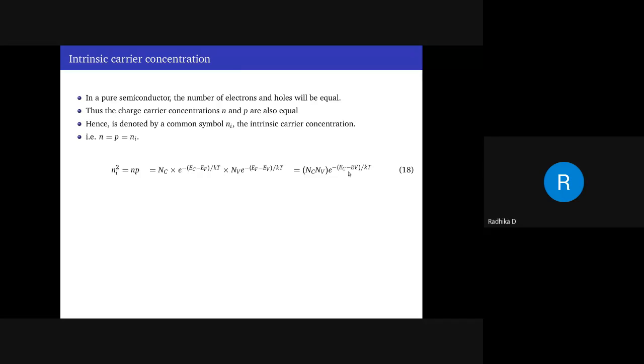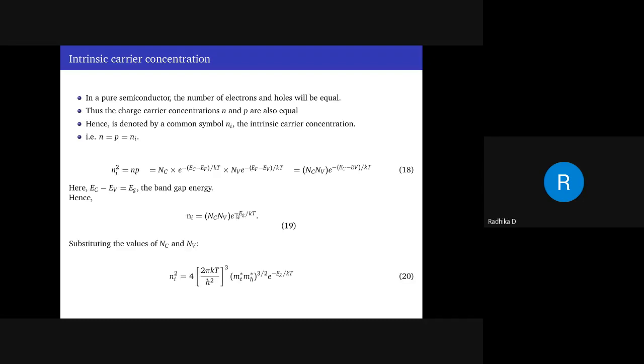Now another thing, Ec minus Ev is the band gap energy. That is the band gap energy, the difference between the bottom level of the conduction band and the upper level of the valence band. Or another way of saying, the difference between conduction band and valence band is band gap energy, Eg. Eg is the letter. So I'll replace Ec minus Ev by Eg. Next, substitute for Nc and Nv. Take a product and write. Whichever are common, you write together. Whichever are not common, you separate out. This is ni square. Here actually there is a square. I missed out the square.